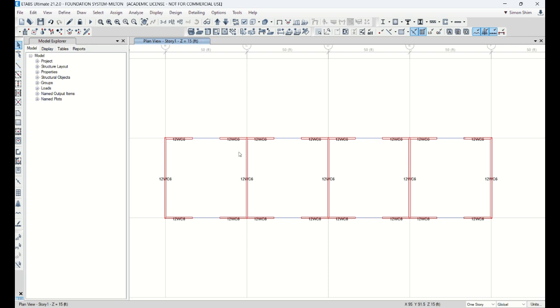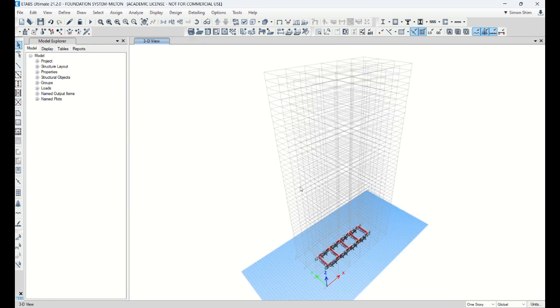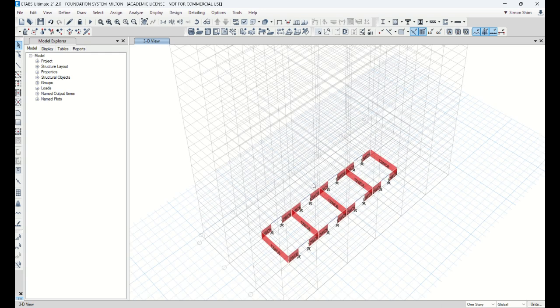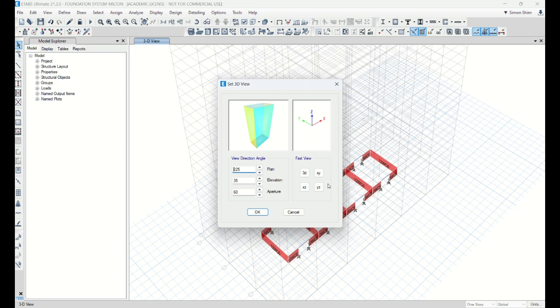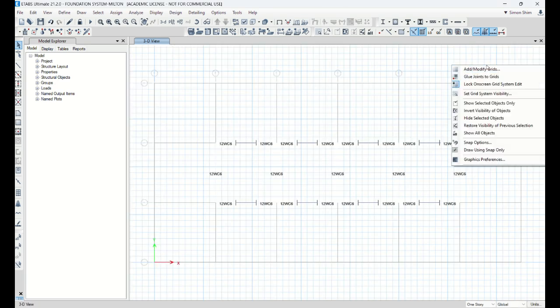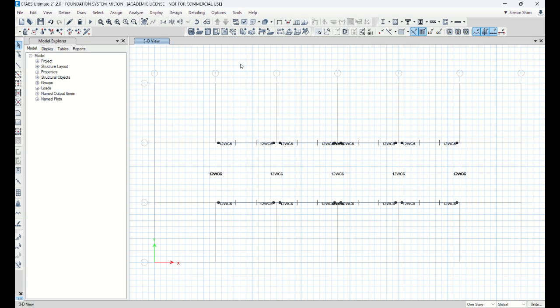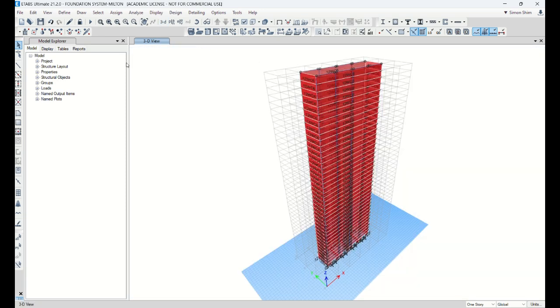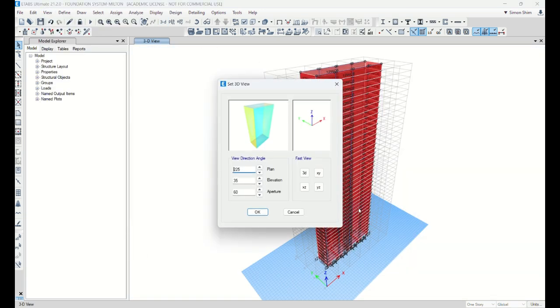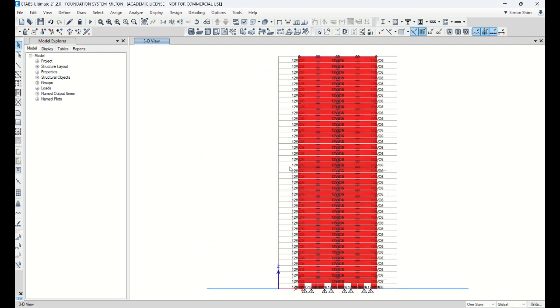Okay, so I draw this, but I think we need to somehow modify all the wall above. So what I'm gonna do, I'm gonna put XY plane and show all, and I'm gonna select only this entire, right? See, so I'm gonna delete all this,